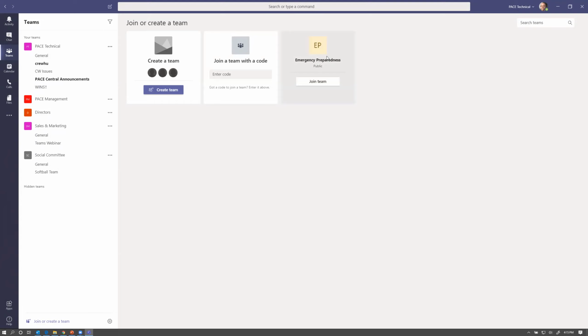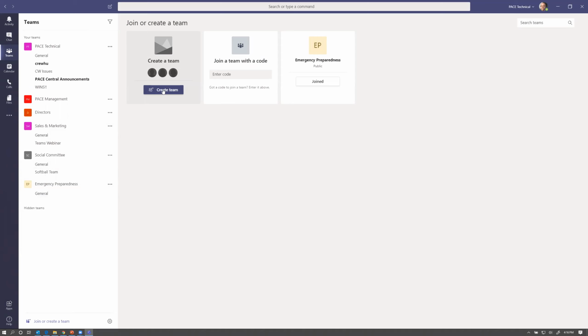So this is an emergency preparedness team for things like disaster planning and things like that. We're trying to encourage membership there. So I'll go ahead and join this team and all I have to do is click on it, and you'll see that it's added here. Now you'll notice that right away, without doing anything, there's already one channel, the general channel, and that by default gets added for every team. You don't need to add any more channels. If you don't have any particular reason to, you can just use the general channel for whatever team that you're in. But now I want to show you how you create a new team just from scratch.